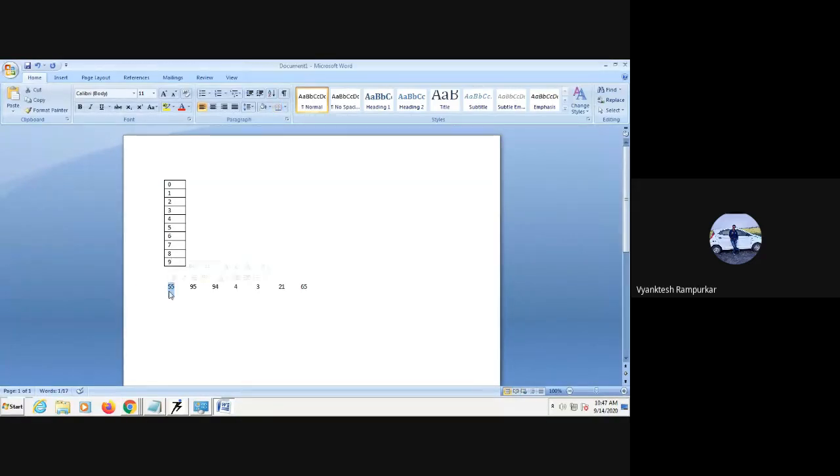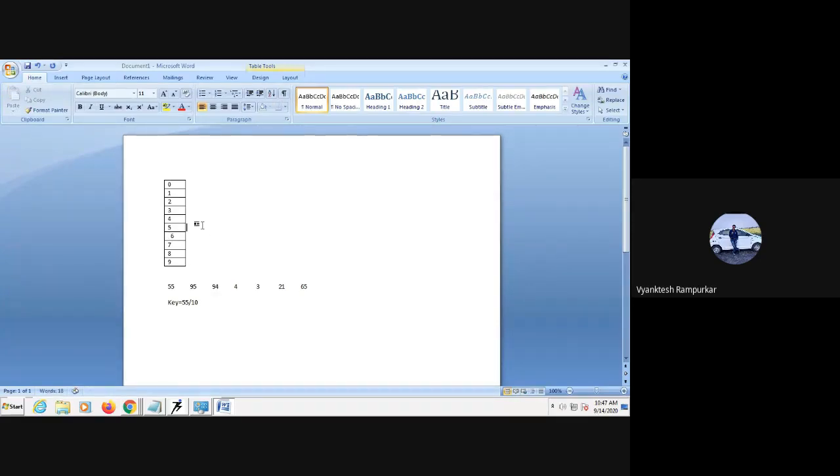For 55, how to compute the key? The key is this element divided by the size of the bucket. The size of the bucket is 10, so the key is 5. So 55 is stored at the fifth bucket.